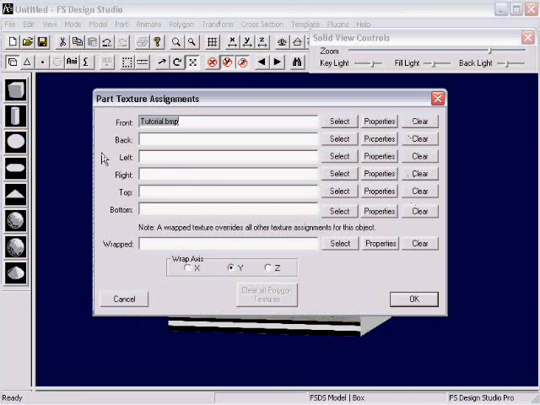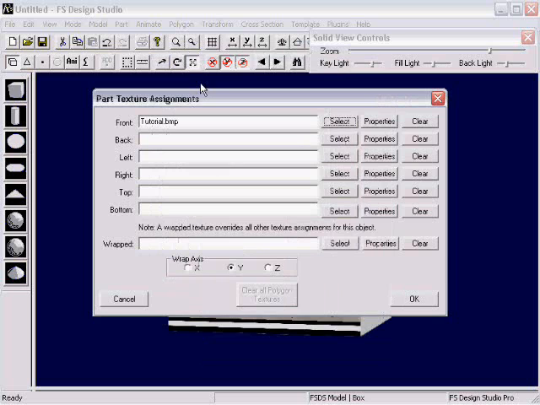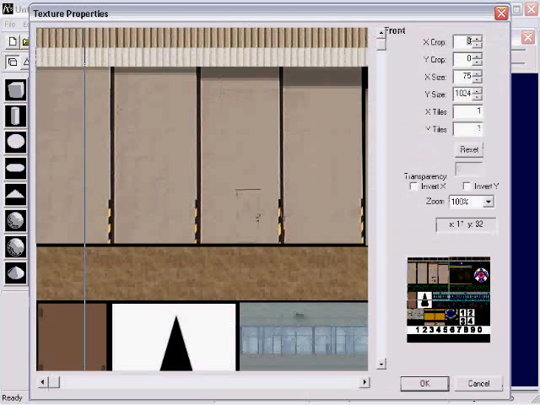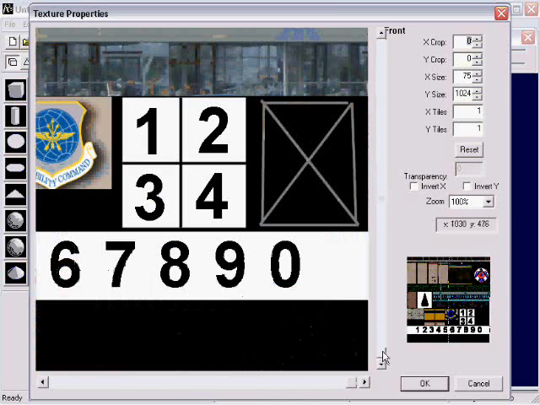Again, I've already selected tutorial, so I don't need to select it again in this top or front view. I'll just bring up this menu again and select it. Whatever texture definition I had in there previously is still there. So what I want to do is pick out a part of this texture that we can look at and see the differences. I'm just going to go down here to this little quadrant of numbers,